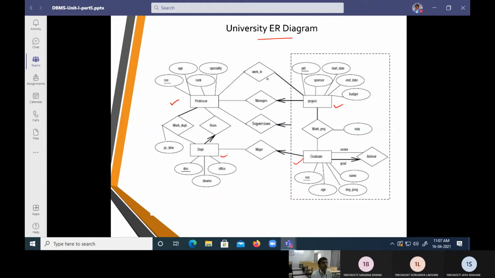So now we have some relationships. One, we are going to call it working. Two, we are going to call it manages. Three, we are going to call it supervisor. Fourth, we are going to call it major. Now, what were the conditions we have to look into? The first condition is